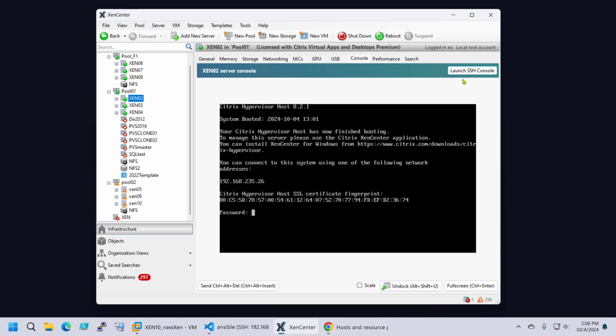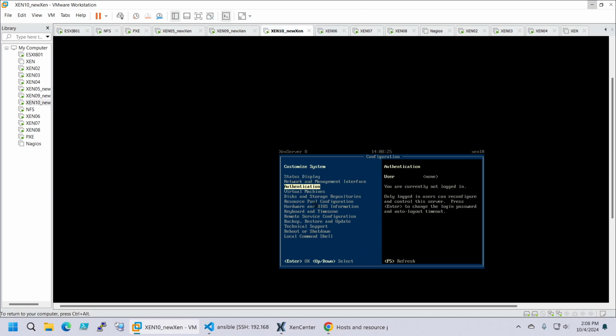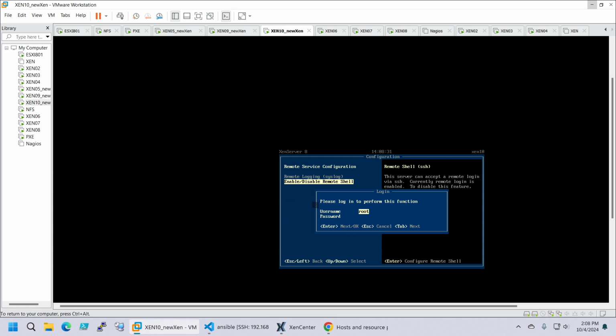I have those articles and they always tell us, one option is here to log in and type xsconsole and go to this screen. So this screen will appear and you have to go to remote service configuration, enable or disable. You have to type the root and the root password, and then you will be prompted to enable or disable